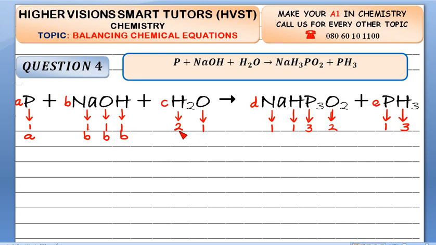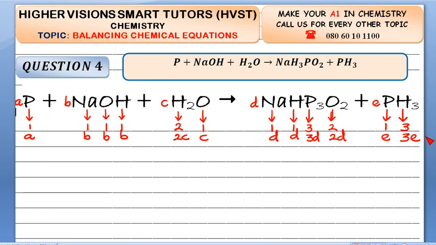Then 2 times C, this is 2C. 1 times C, that is C. 1 times D, that is D. 1 times D, that's also D. 3 times D, that is 3D. 2 times D, that is 2D. 1 times E, that's E. 3 times E, that is 3E. Okay, now that we've gotten the actual number of atoms present on both sides, we go ahead to balance the